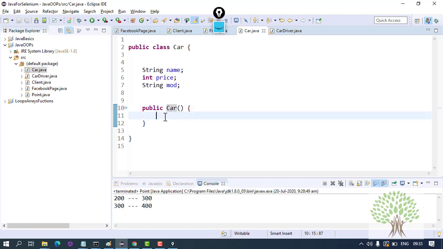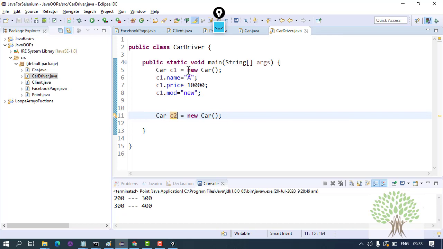And if you print inside it, say inside car default constructor, and over here, whenever you create the object of the class, I am creating say two objects over here, one is over here and one is over here. Whenever you create the object of the car class, the constructor is going to be called.